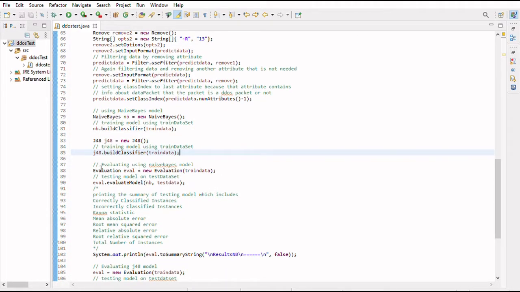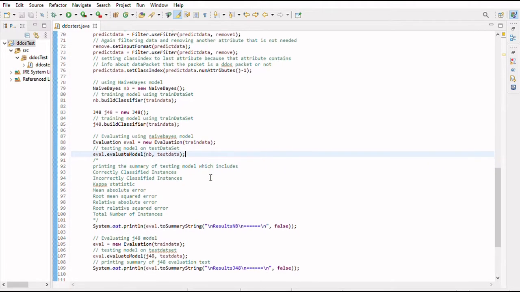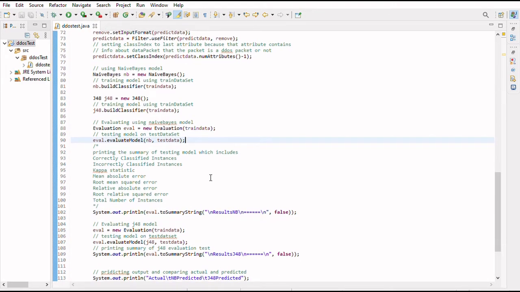Now we create an object of the Evaluation class and evaluate the model using the evaluateModel method to check how good our model is. Then we print the result using the toSummaryString method of the Evaluation class.